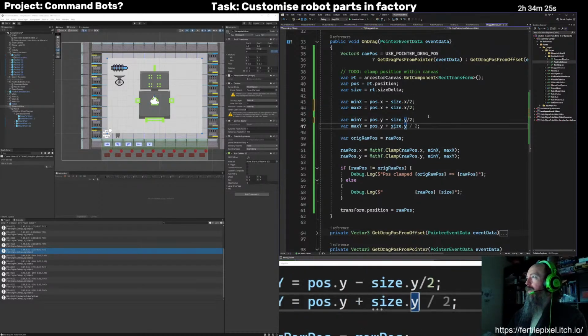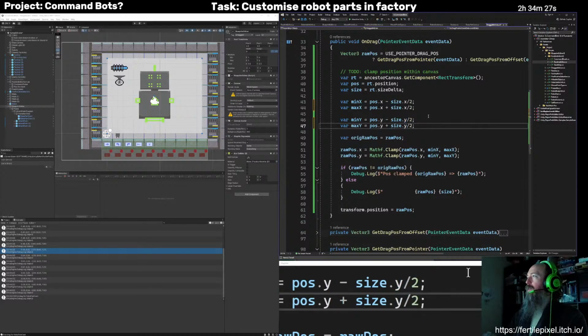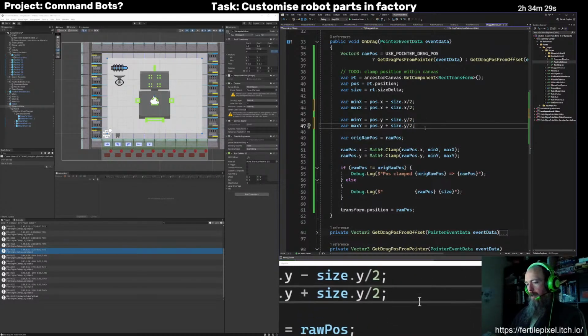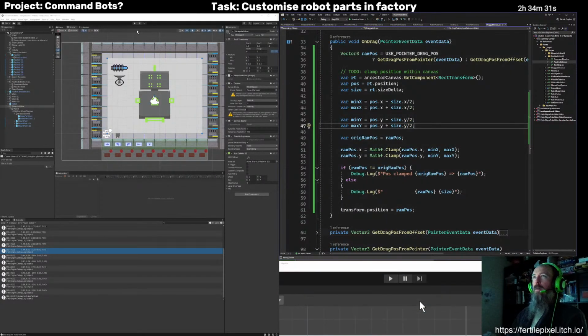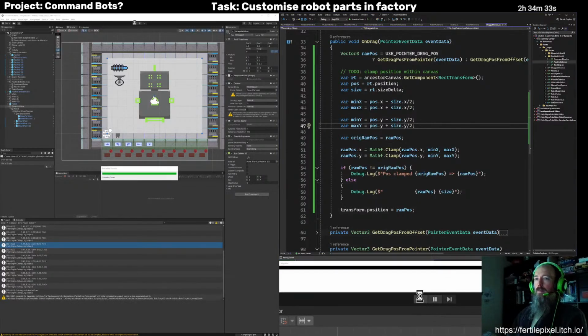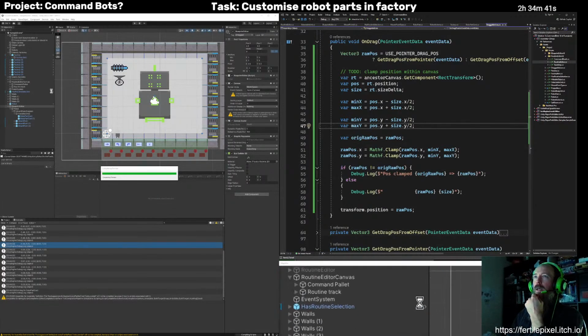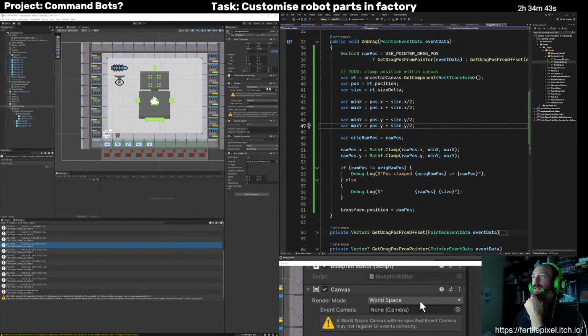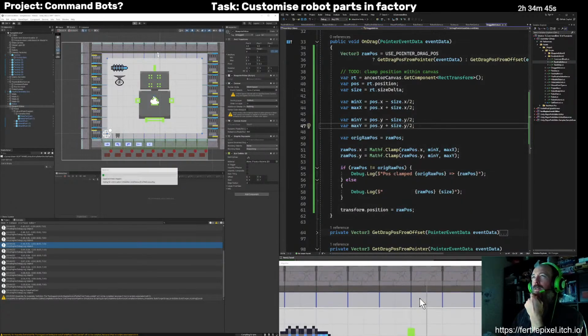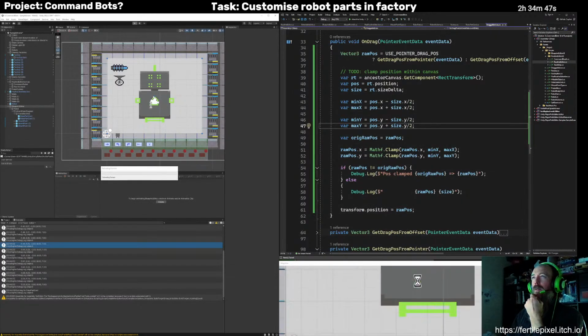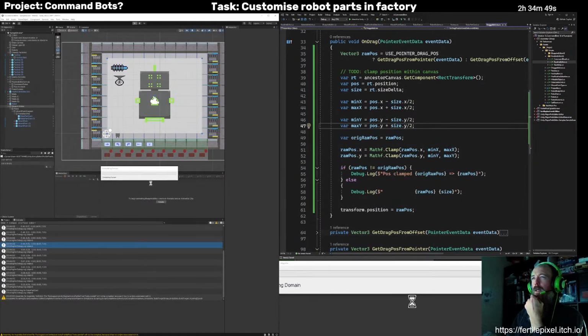Because we want to subtract the half size. Never mind, just failed some basic geometry. I think that clamping probably is working fine. It just would not come into effect until I was out here somewhere and out there somewhere and up here and way down there.